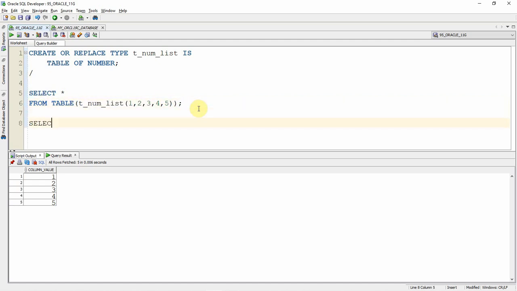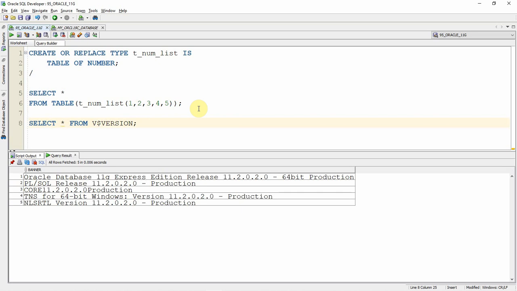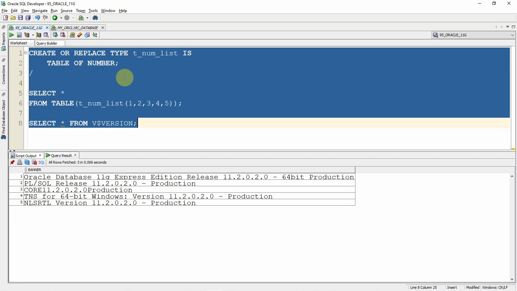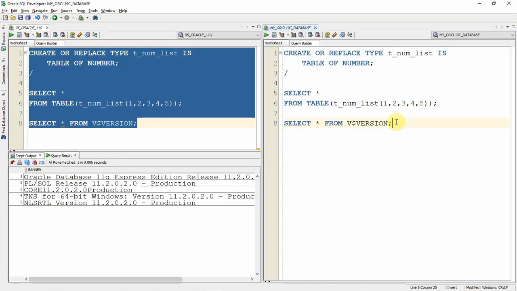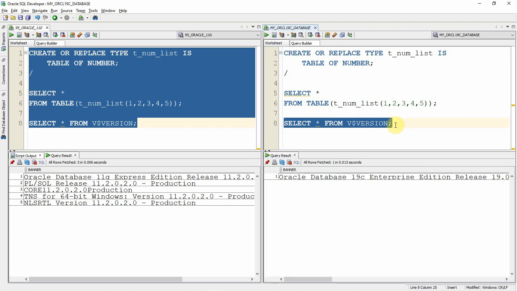Okay, so this example I'm showing you in Oracle version 11G. Let me show you the version. If you are trying in a version less than or equal to 12.1, you have to use this table operator. However, if you are trying in version 12.2 or greater, this table operator is an optional thing. Let me show you in Oracle 19C. Let us try exactly the same in another database. So now I am connecting to the Oracle 19C database. First, let me show you the version. You can see here I've just connected to the Oracle 19C Enterprise Edition database.